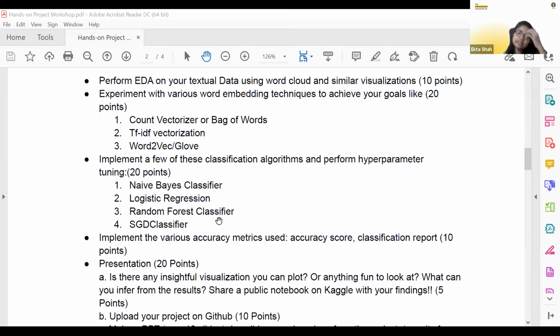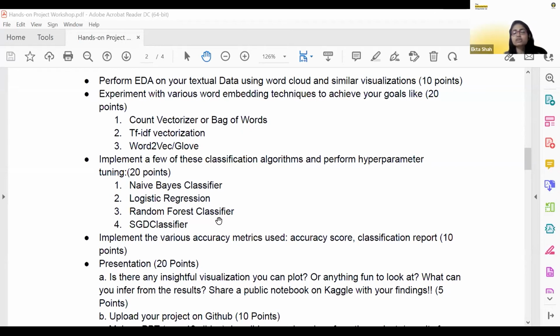Next is implement the various accuracy metrics used, like the accuracy score, classification report, etc. These are your different mathematical measures which will tell you how good your model is with whatever data you've trained it with. You can choose to implement the accuracy metric according to your convenience.